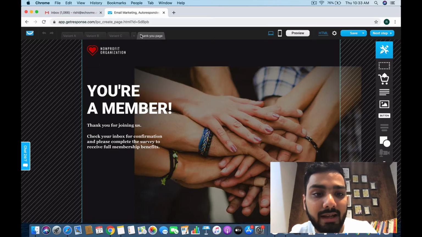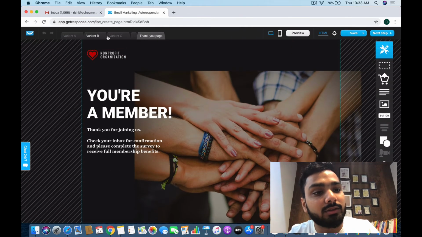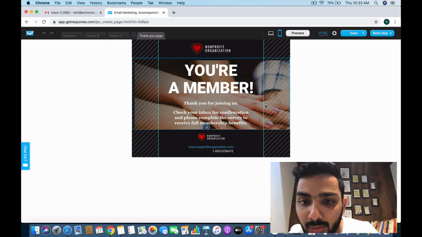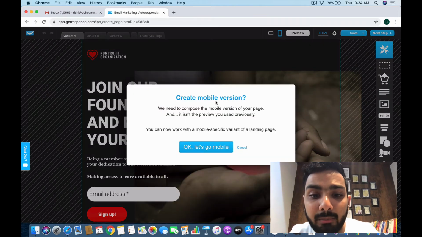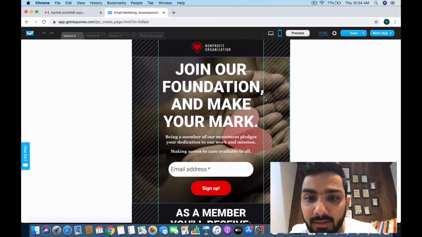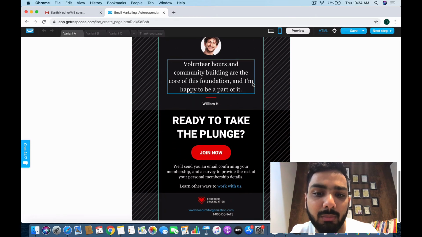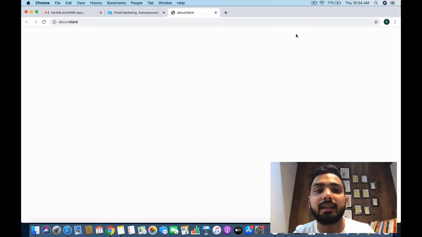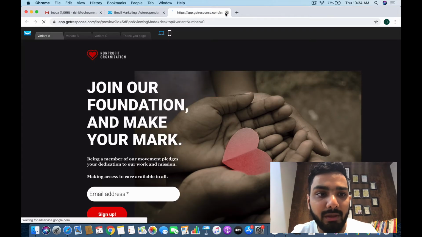So that's about it. And then thank you pages here, so you can make changes to thank you pages right here. Next is the mobile version, optimized for mobile as well. So this is how the mobile version is going to look. The one between the aqua lines is how it's going to look in the mobile version. You can make changes and customize it. See, it's going a little off the line, so you can reduce the size of it, but altogether it looks pretty clean. If you click on the preview button, it shows you how it looks on the web page.